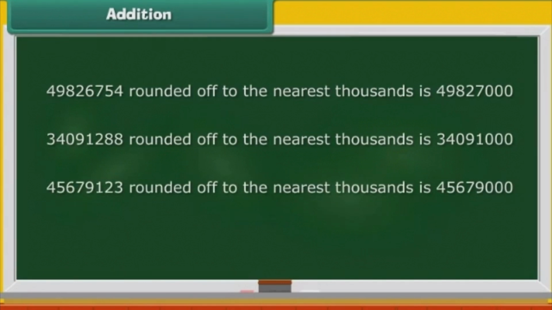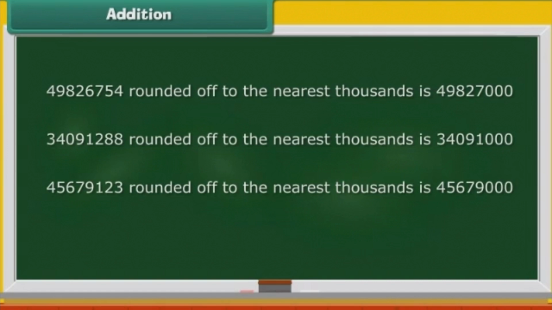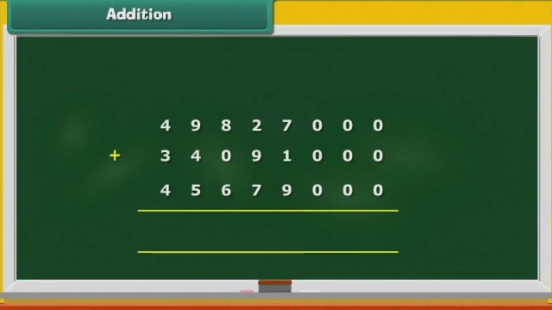nearest thousands. 49826754 rounded off to the nearest thousands is 49827000. 34091,288 rounded off to the nearest thousands is 34091,000. 45679123 rounded off to the nearest thousands is 45679000. Now add